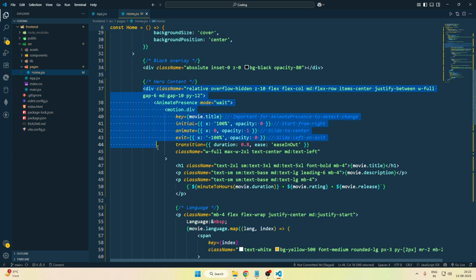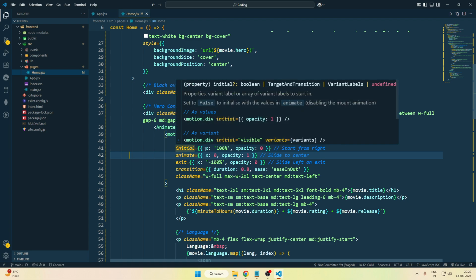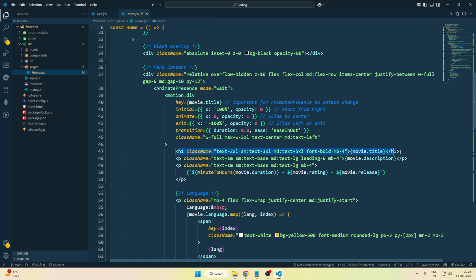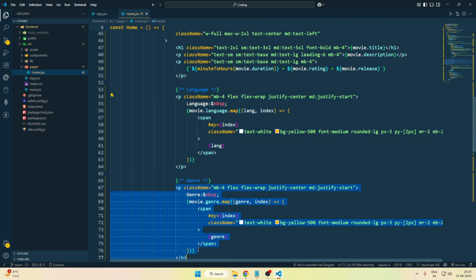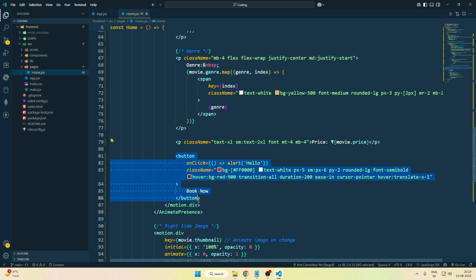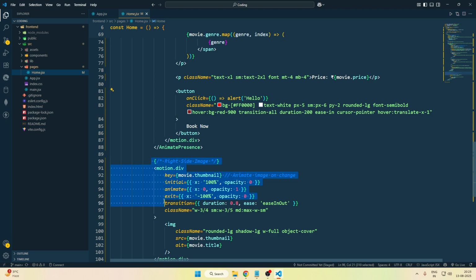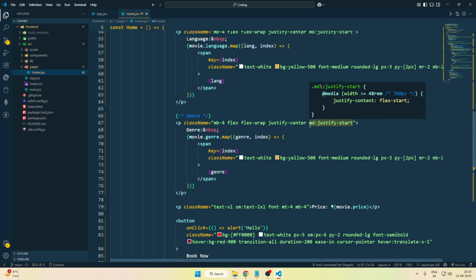This is my main div. Then we have the left side div. Here I also use Framer Motion for sliding from right to left. We have the movie heading, movie description, movie duration, language section, genre section, then price, and last we have the button. Then this is the right section, and here we have the image. This is the fully responsive website that I showed you